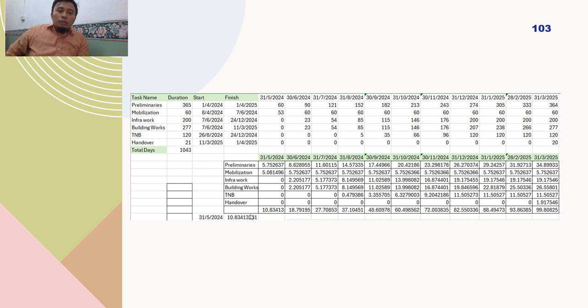So this is an example of the physical S curve. If you want to do it yourself, or if you are working later on in the future and want to produce your own S curve, it is a bit easier using Excel. What you want to do is put your tasks here, and then the duration,